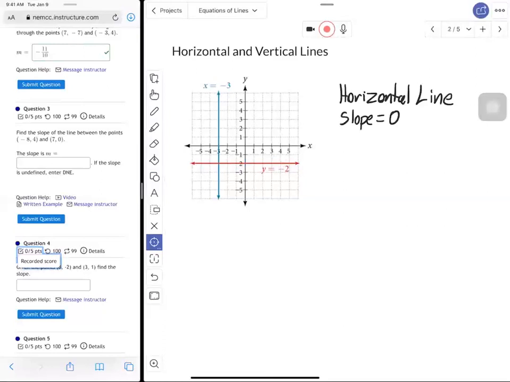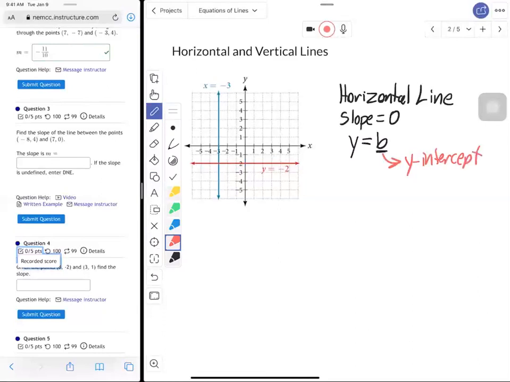Every single horizontal line also is written with the equation y equals b, where again, b represents the y-intercept. It's where it crosses the y-axis, okay? It's also the only y value that you'll have for that entire horizontal line. They all have the same y coordinate, so it's pretty easy to pick out that number. Then for a vertical line,